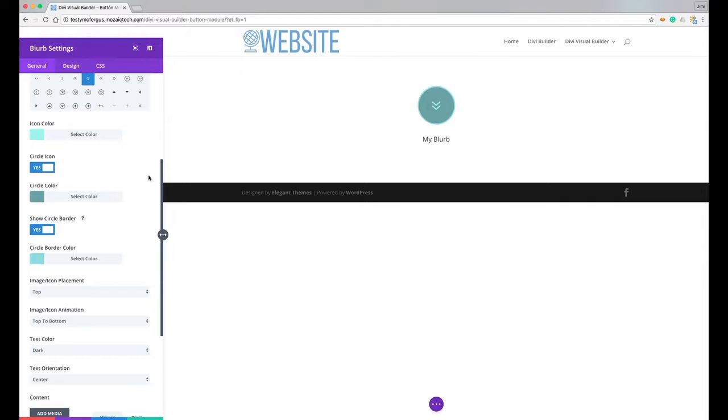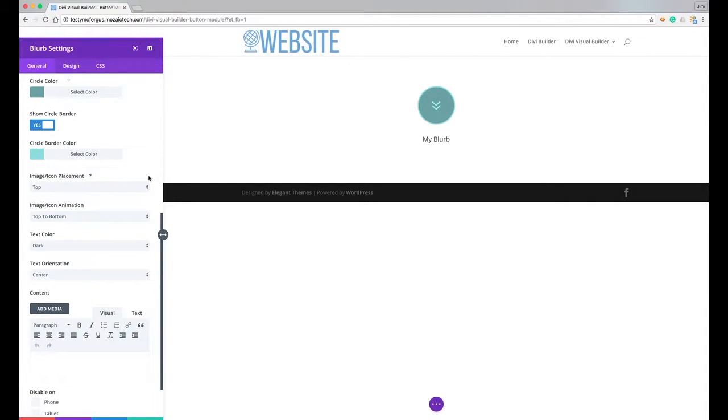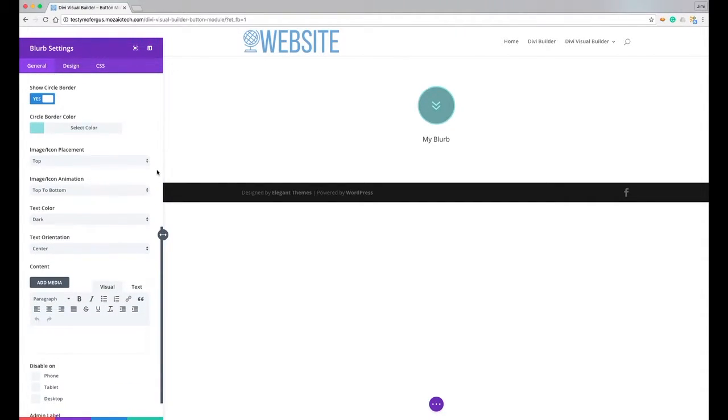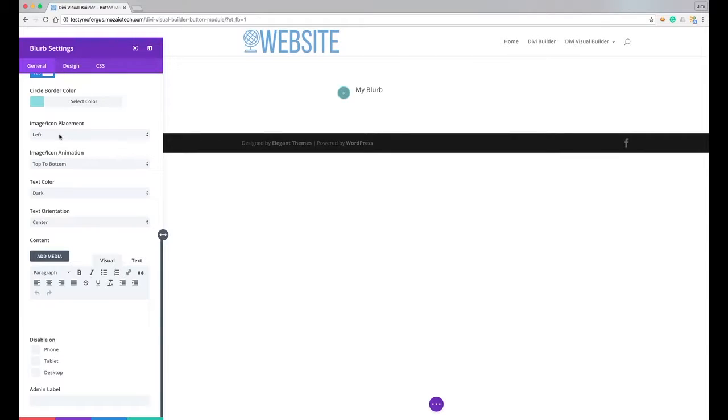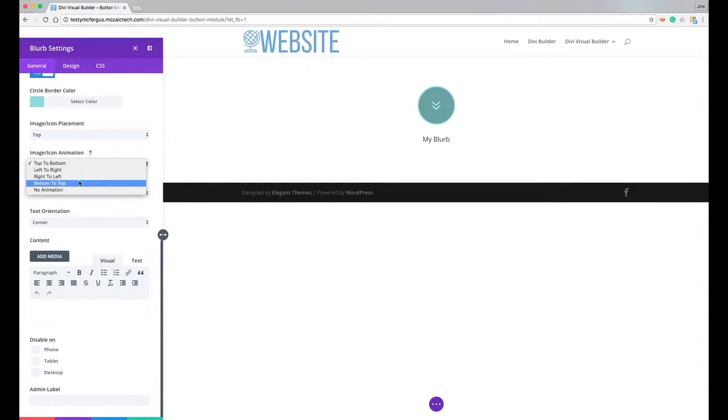So you've got lots of design elements to play with to make that icon really pop and draw attention. You can place it on the top or to the left of the blurb, kind of more like a bullet point. And this allows you to change what animation is going to show when this blurb loads,